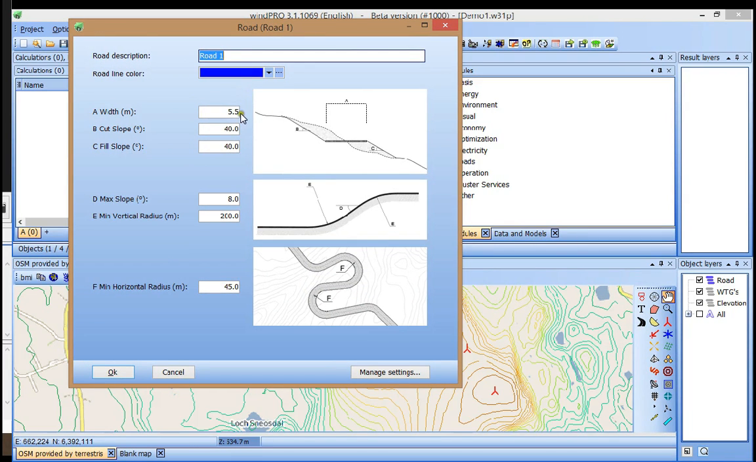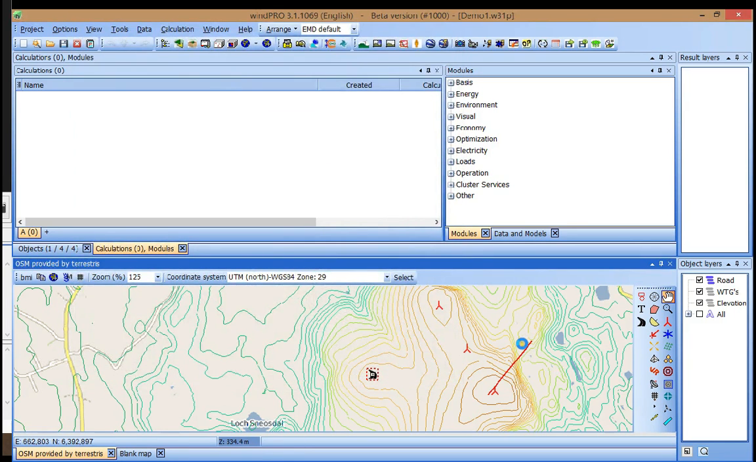You can see the width and the cut and fill slope, the max slope of the road, how far steep it can go up or downhill, the minimal vertical radius, defining this curve and this curve here, and equally the minimum horizontal radius, defining how sharp bends you can make. So if I click OK now, you can see I have started to create a road here,